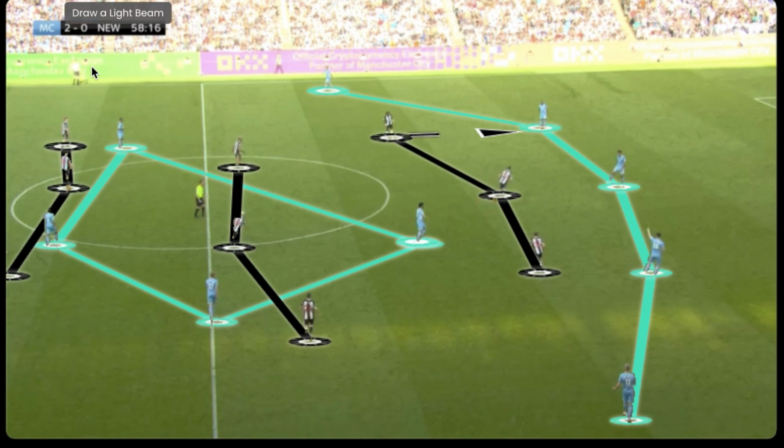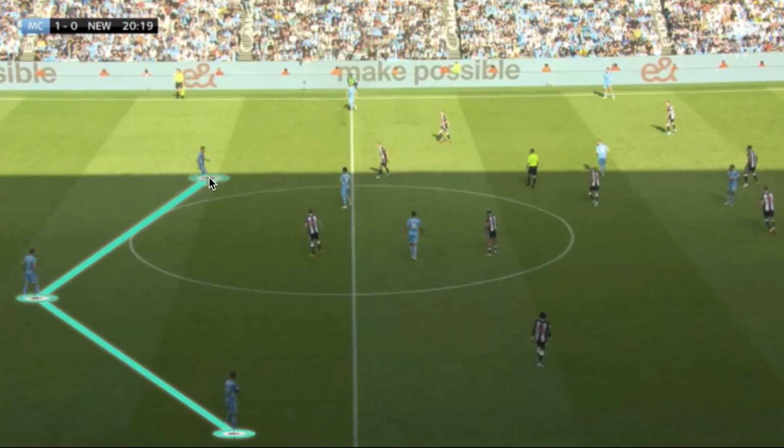And coupled with this, the interior and the central strikers of the Manchester City team often affected the back four to make them very narrow, also giving more freedom to the wide areas and players to rotate in or progress around the Newcastle shape. When Manchester City didn't go with a midfield third build-up consisting of three central defenders, they then went with a double pivot,